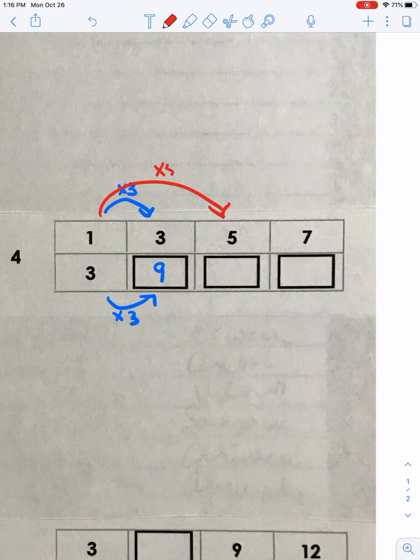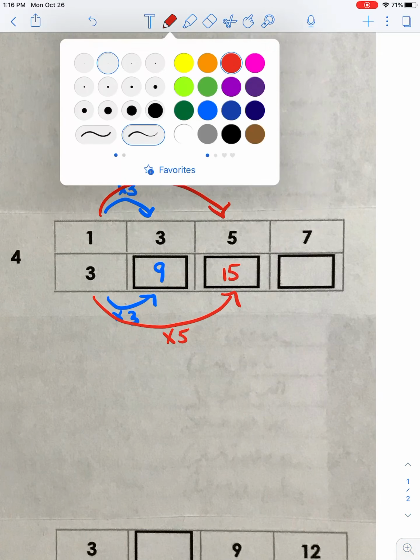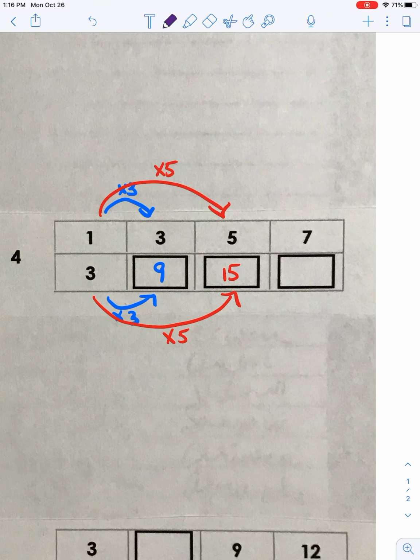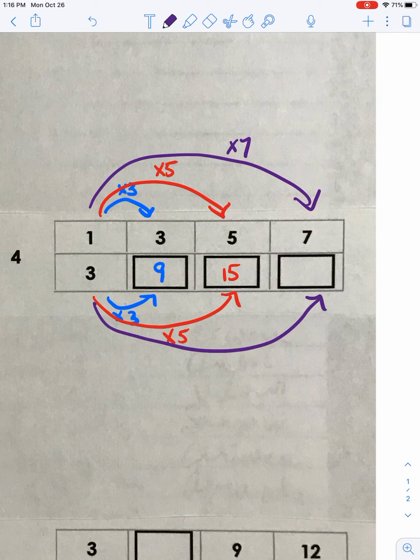And then 1 times 5 is 5. 3 times 5 is 15. And then one last one. 1 times 7, and 3 times 7